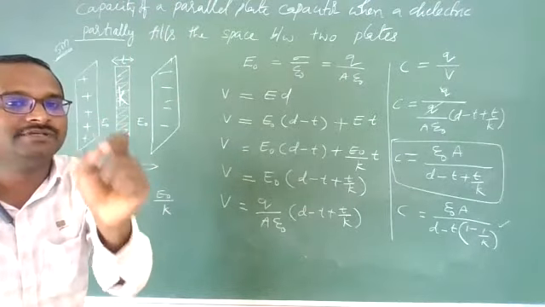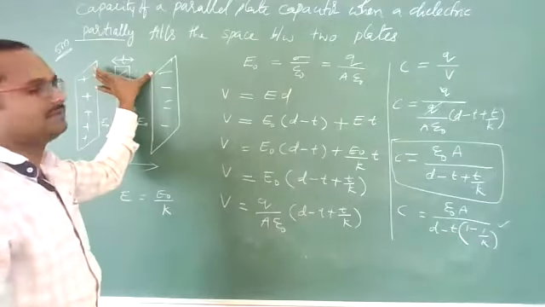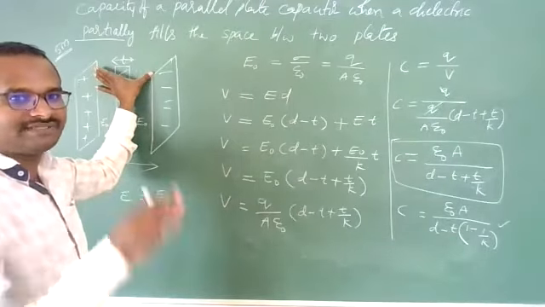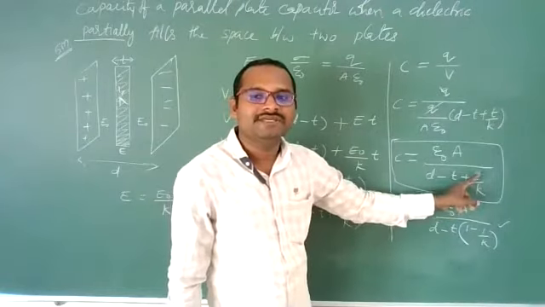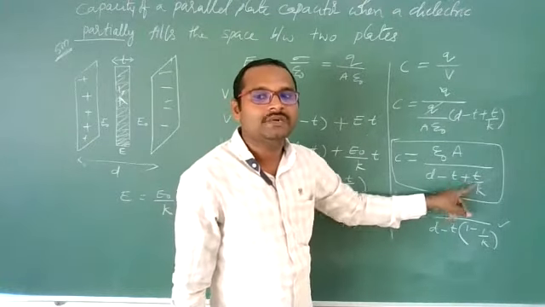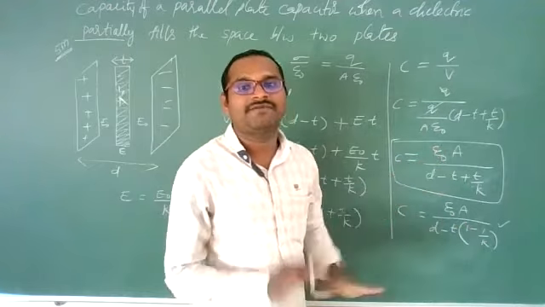Let us go back to the formula when a dielectric material totally fills the gap: K epsilon naught A by d. Now when t becomes d, the dielectric material is of thickness d, so here it will become d, and d minus d cancels. You will get d by K. K will go up, giving K epsilon naught A by d. Yes, perfect.